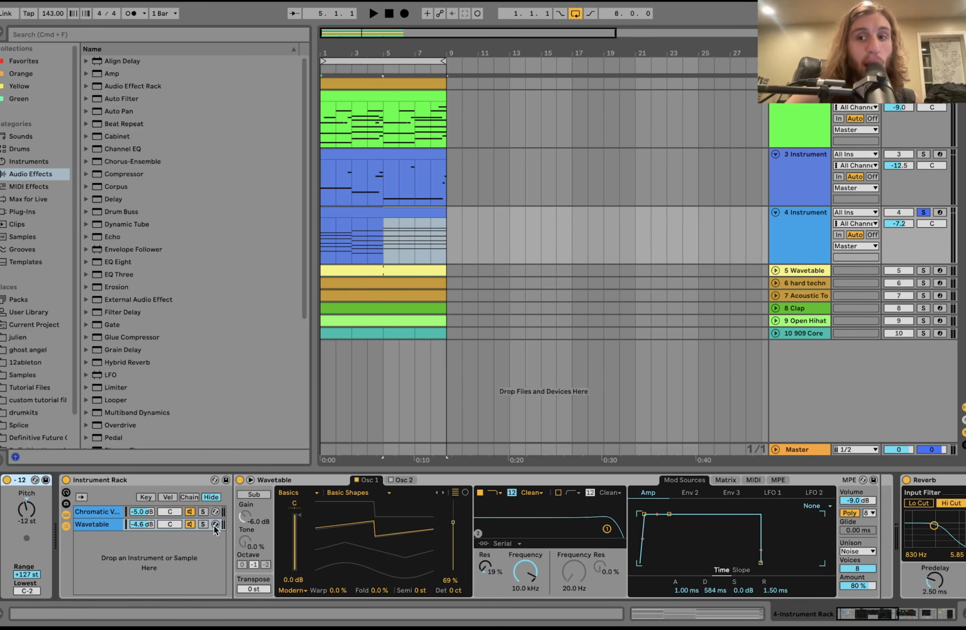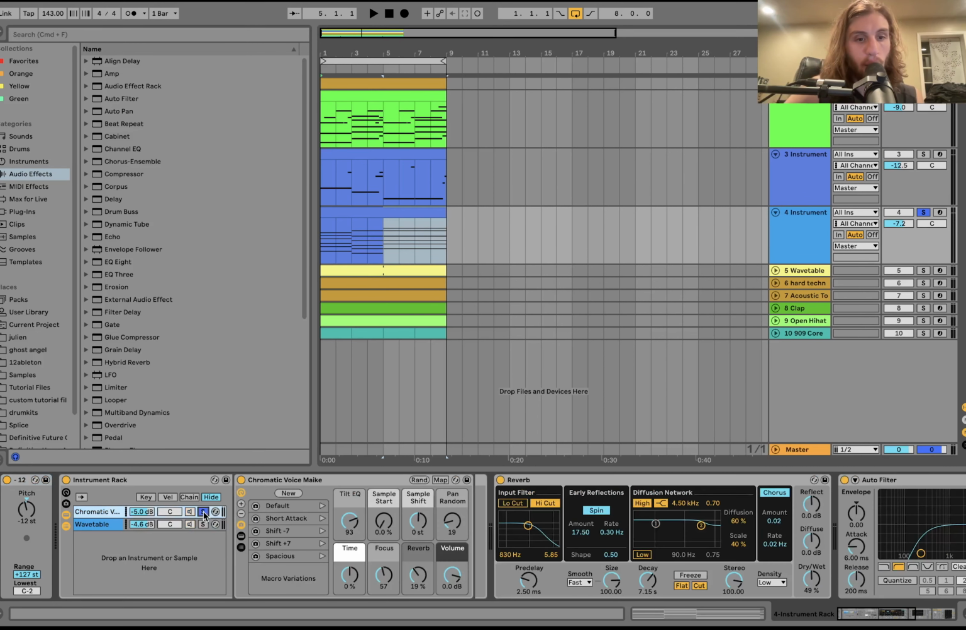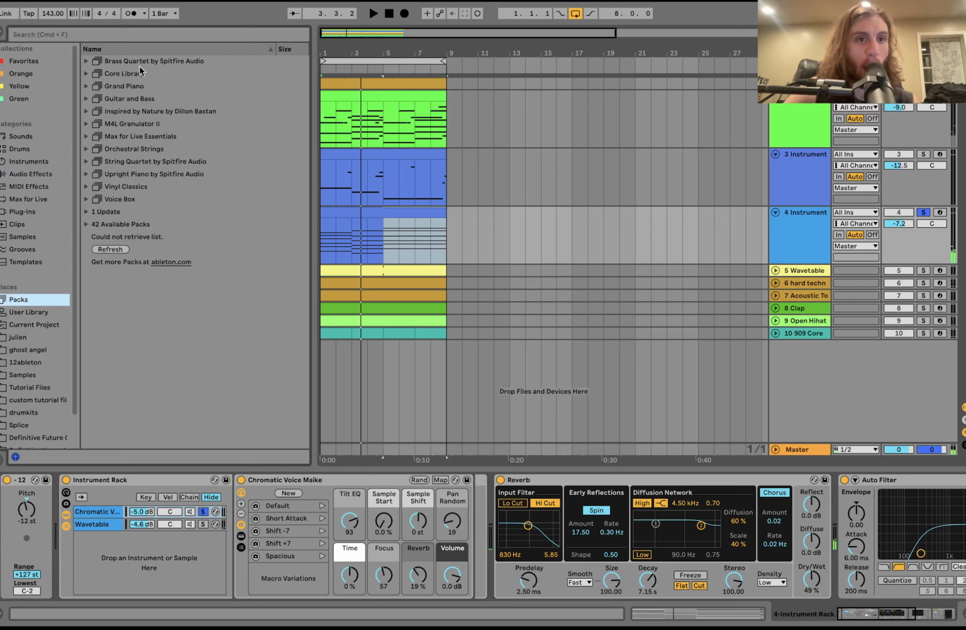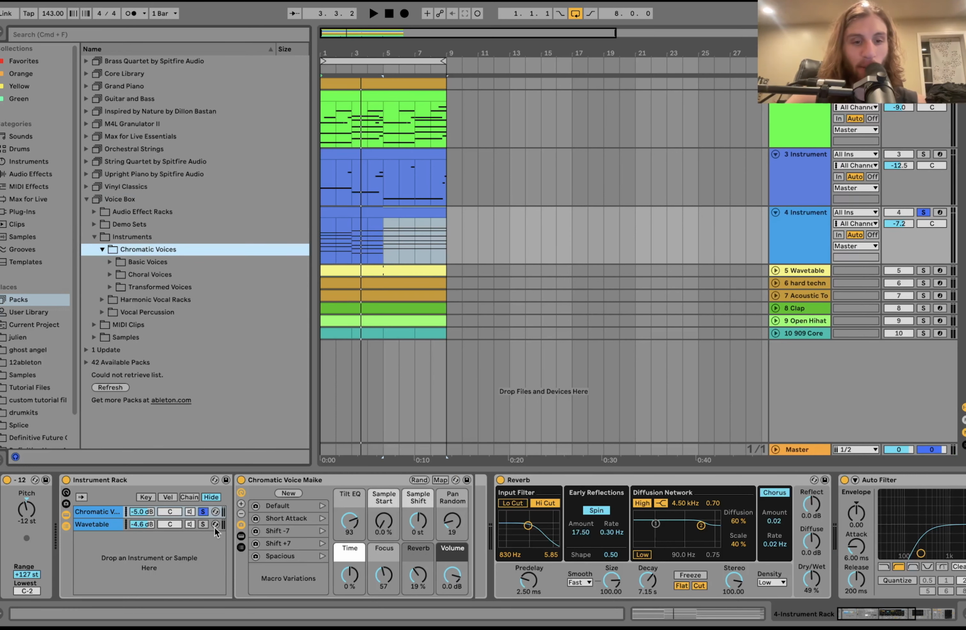And then for the actual sound on this one, this is another very interesting layered sound. What we're doing is we're layering this vocal pad. This is this chromatic voice. You can get this if you have Ableton Suite. It comes with it. It's this voice box. It's right in here, chromatic voices. And yeah, it's like a vocal pad